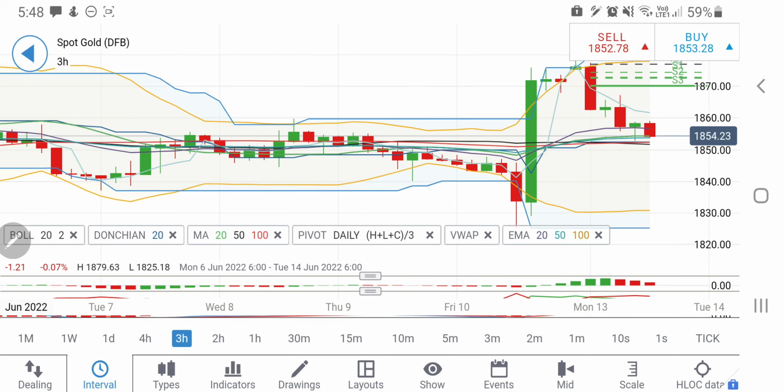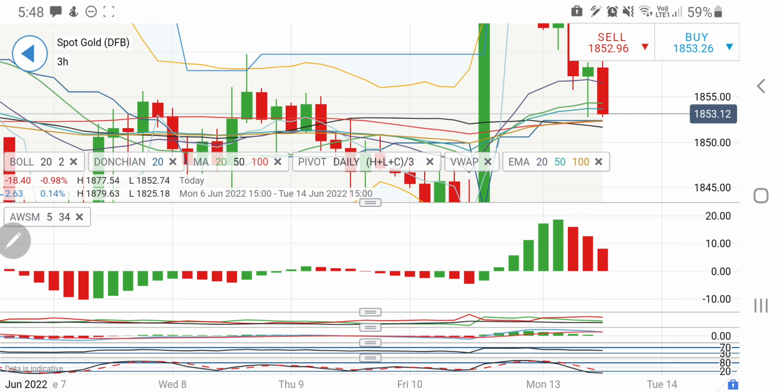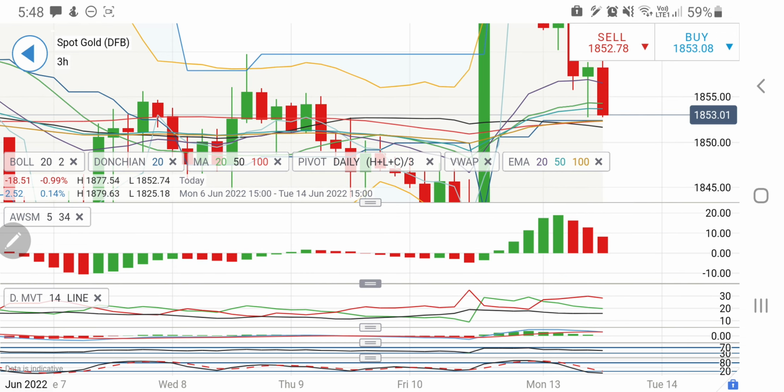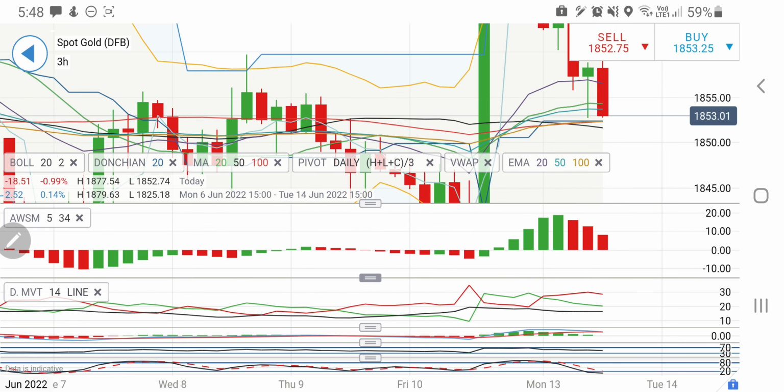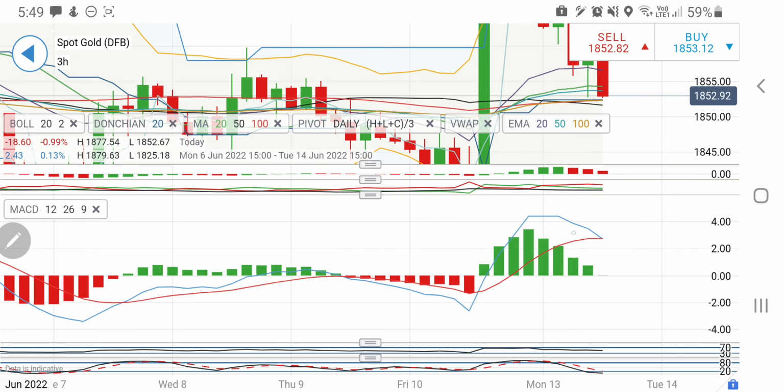Similarly, if you look at the 3 hour chart, on the 3 hour charts too there is support down there at around 1852 levels. Probably, in fact, 1850 levels may provide yet another support. Below that, we can again look forward to 1847, 1845. In between 1850 and 1860, I will still not recommend you trade. Again, confirmed here, the awesome oscillator is still in positive domain, and yet it is trying to converge and cross over for a sell-off. The directional movement indicates bearishness. The MACD on the 3 hour charts is crossing over for a sell entry. So it was trading bullish, now it is looking forward to a sell-off.